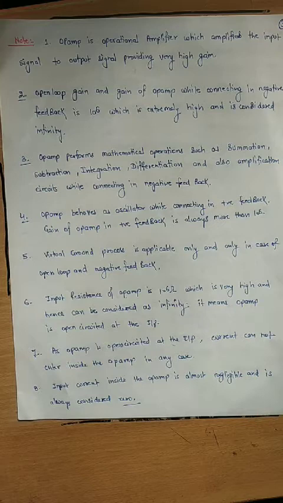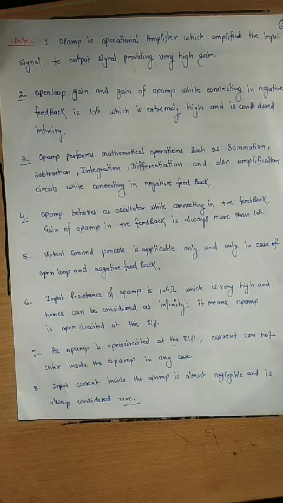Now there are simple 4 steps to solve this type of circuits. What we need to find out? We need to find out the gain of the op-amp, the relation between output and input. How we do that? Step 1, first check that feedback is negative or not. If feedback is negative, then virtual ground is applicable. So step 1, negative feedback. Step 2, yes, VGP is applicable.